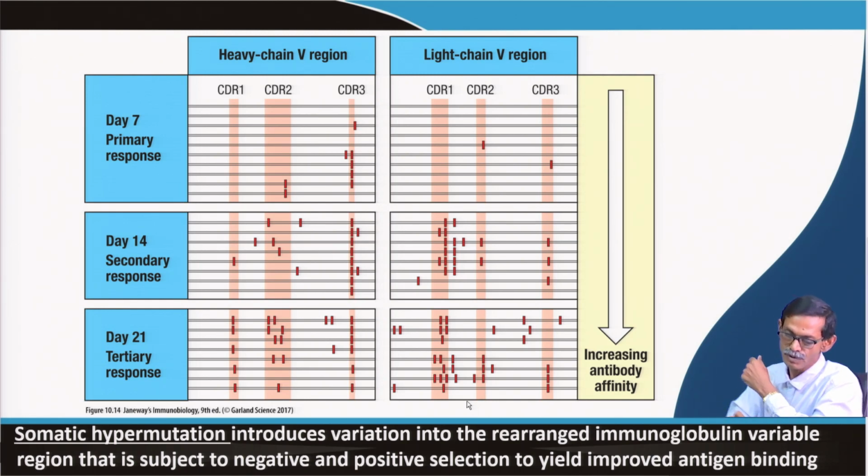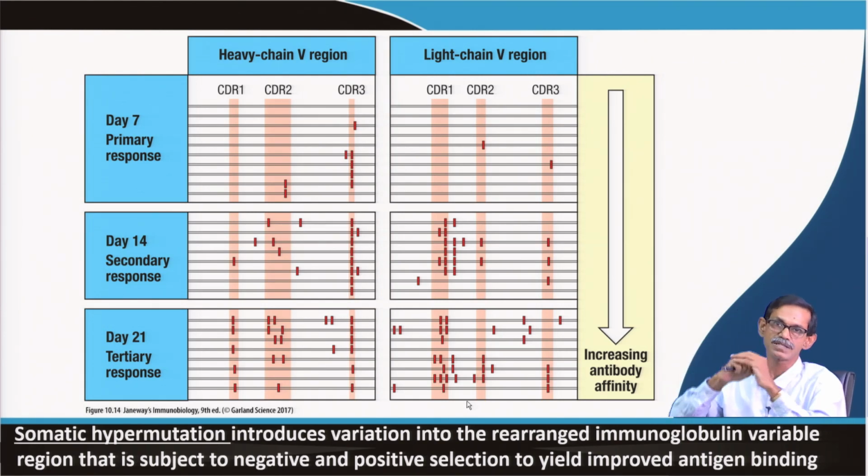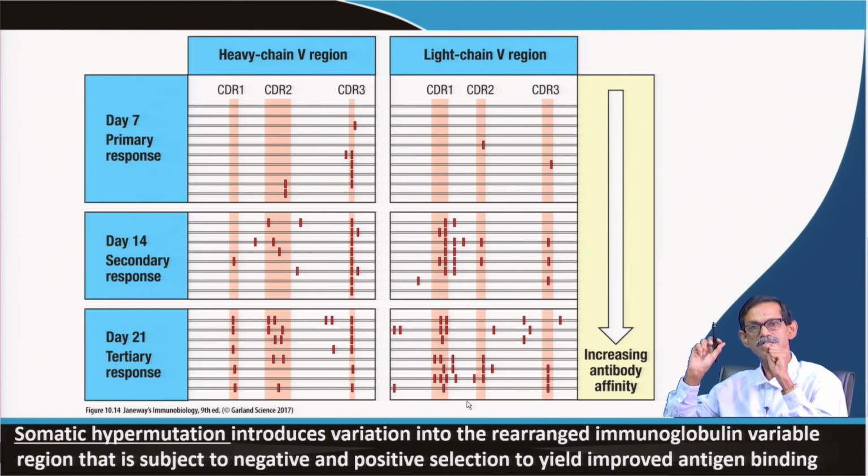So, let me go a little slowly at the beginning, because this is also a very simple and straightforward thing. What is happening? You see that CDR region or HV region, the hypervariable regions, are the most important, or you can say the only important regions which interact with antigen, right, that you remember. CDR1, CDR2 and CDR3 are more important, and this particular interaction between antigen and antibody is non-covalent, mostly hydrophobic,